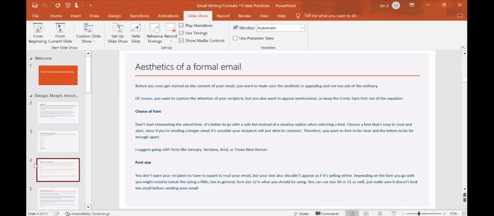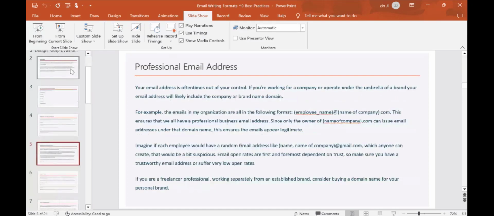So now what I was talking about was the professional email address, right? Now, why is this important? This is one of the first few things that I look at when I'm getting an email. There are loads of emails that come through these days from various vendors, various people who want business, who want to talk to you, but there's also this whole thing about scams, right? So your email address is normally something that you're looking at.